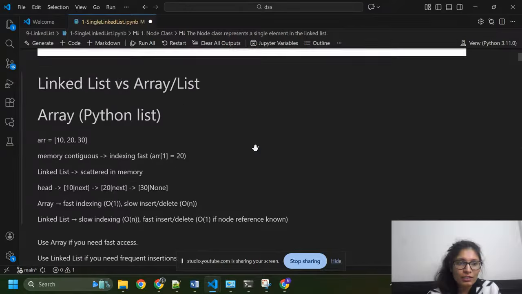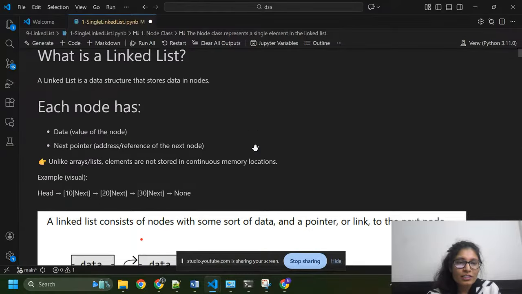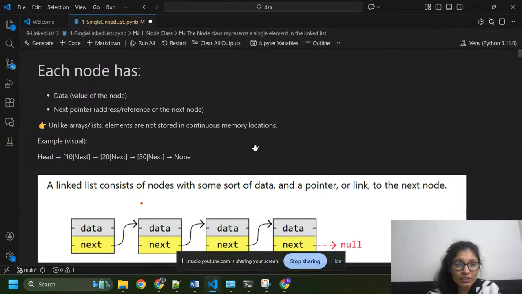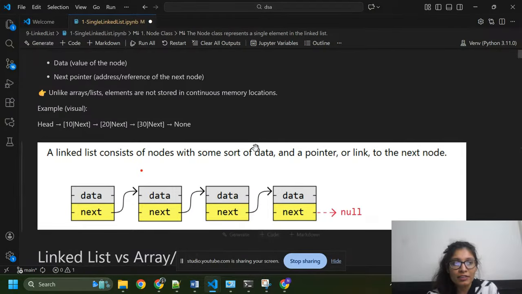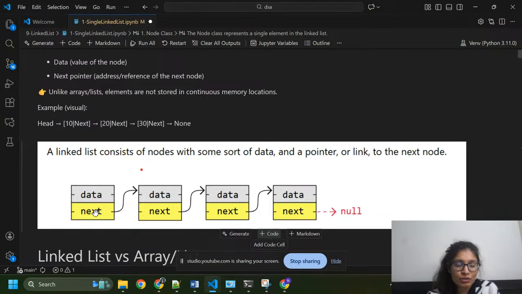You can see here, a linked list is a data structure that stores the data inside nodes. It has two elements: first is data and second is the next pointer. The next pointer is used to address the next node, or the reference of the next node. And the data means any value.